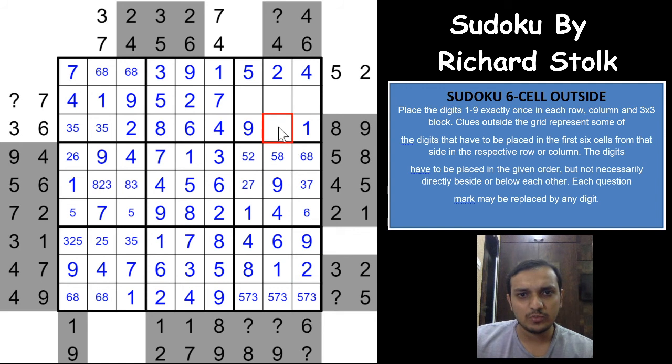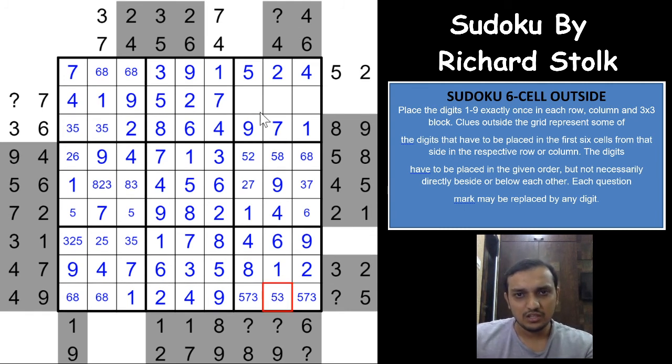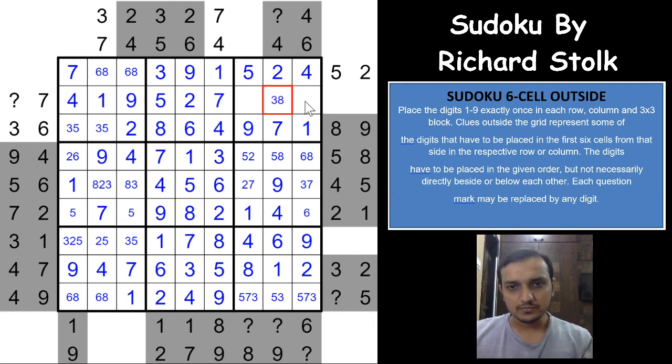So this cell would have to be a 1, 2, 3, okay, this cell would have to be a 7 now, and that 7 eliminates 7 from here. This becomes a 5 and 3, and these three digits are 6, 8 and 3, right? So 6 is already here, 3 and 8, 6 cannot be here, so this also would be 3 and 8 because 6 is in one of these two cells, so this cell becomes a 6 here now. Okay, now the puzzle should be done.